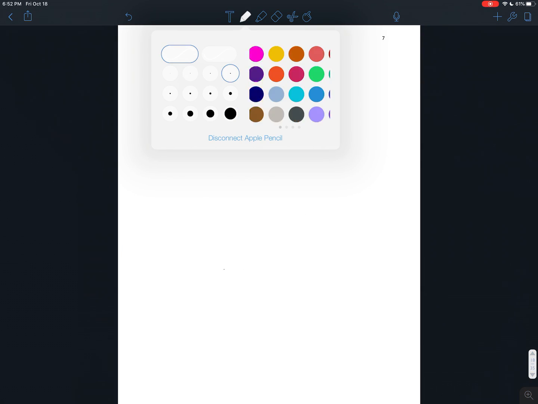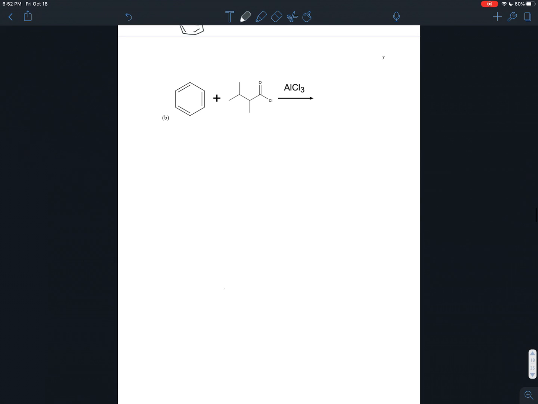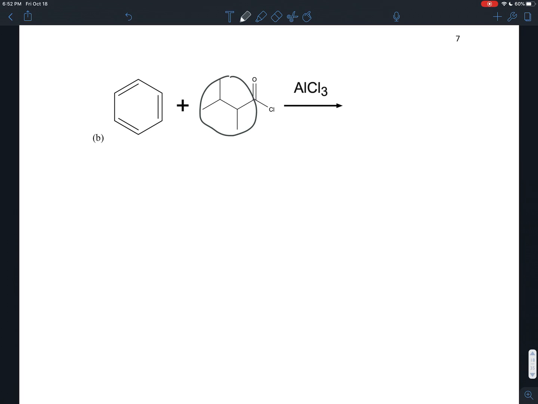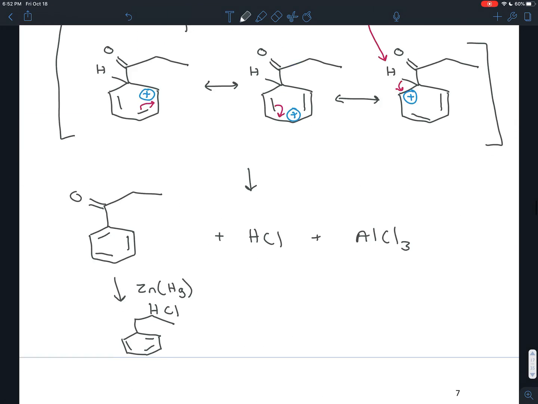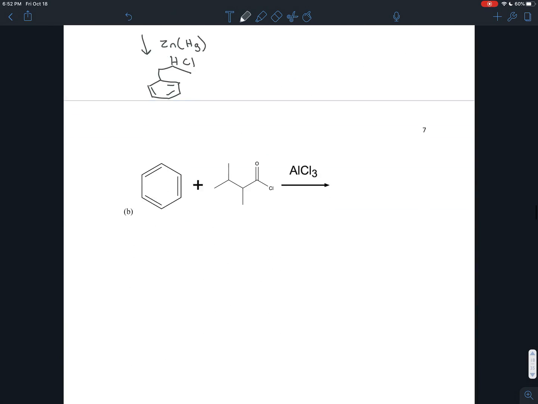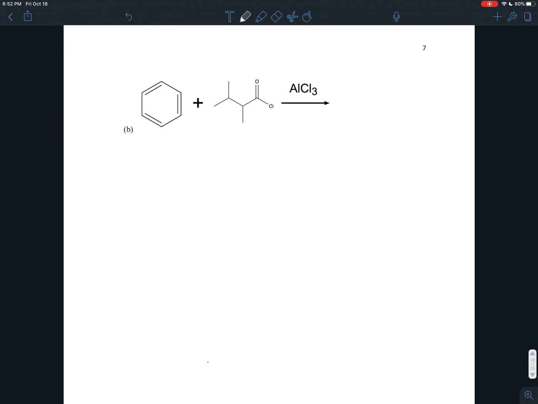So, first step, we need to create an awesome electrophile. And we do that using these two things on the right. Notice this is exactly the same as the last one. The only difference is the chain, the carbon chain. It looks a little more confusing, but remember that carbon chain was not involved in the reaction at all. It just was along for the ride. So here we can take this weird looking carbon chain